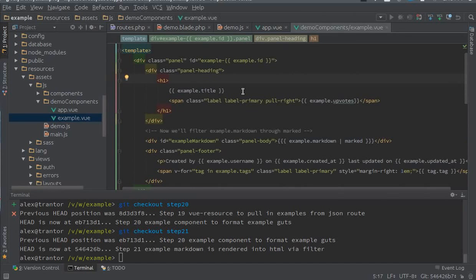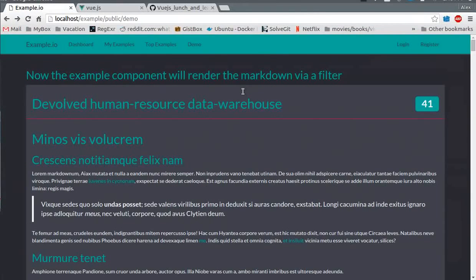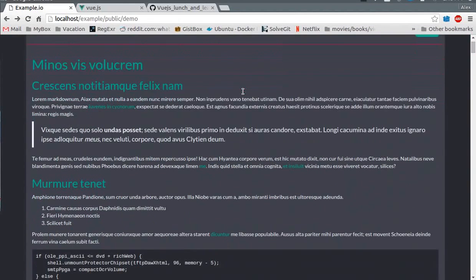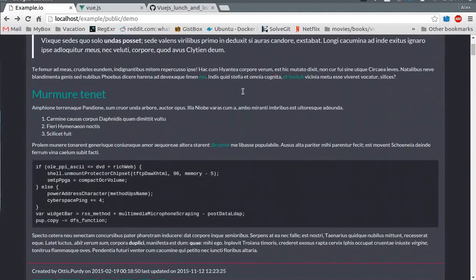Markdown area. So right here, all I do is pipe the Markdown through marked, and it's going to render oh so pretty. So we get some nice looking Markdown, and then we have a nice code block down here too,